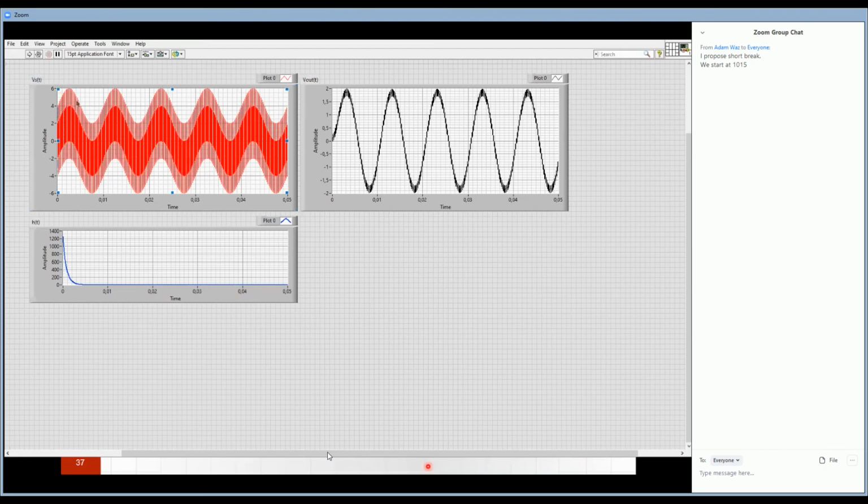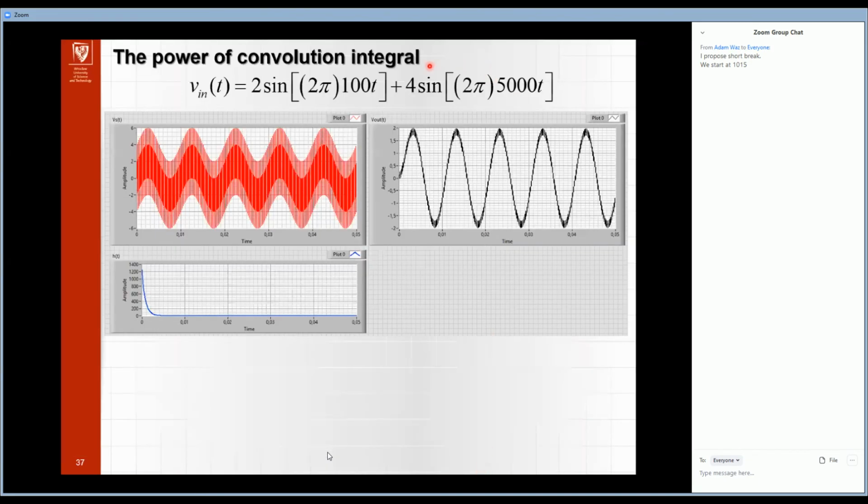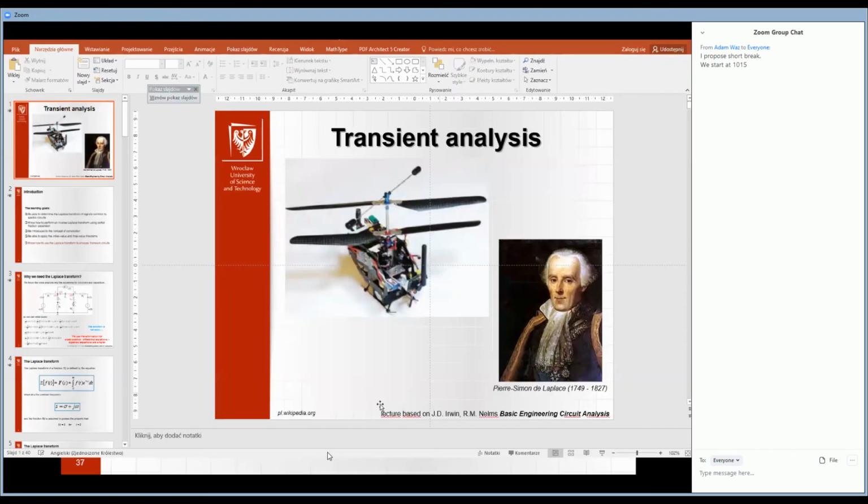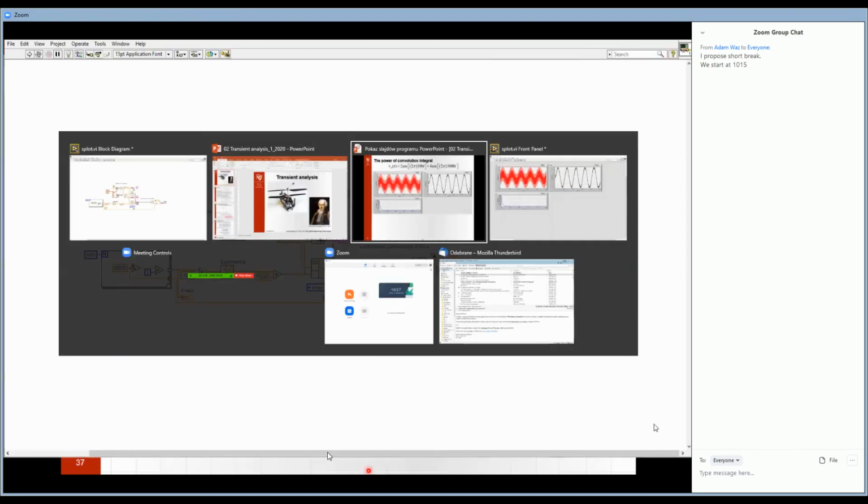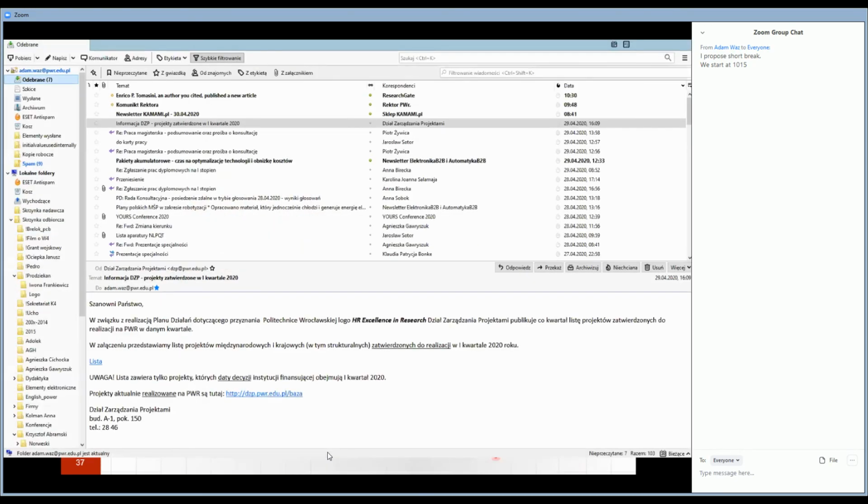Here we have the source, and this is our circuit, and the result we obtain is almost only the slow functions, because it is the low pass filter. So we filter this and as a result we obtain this one. And also I want to show you, for example,